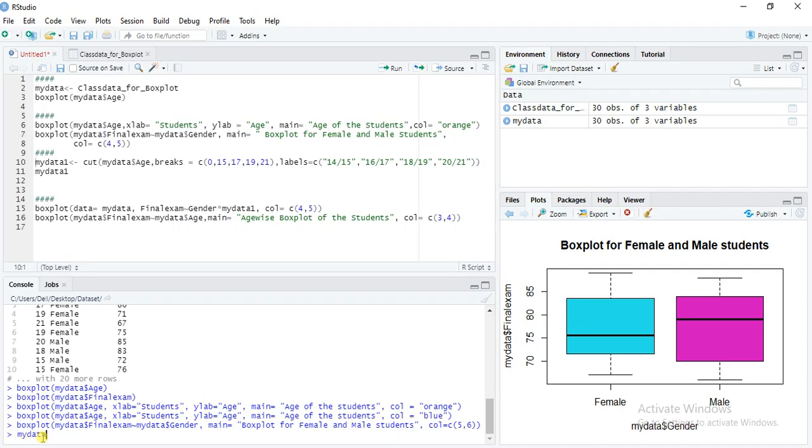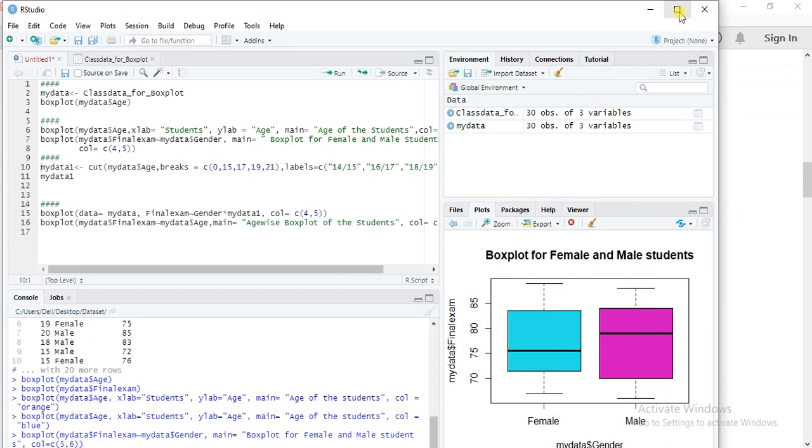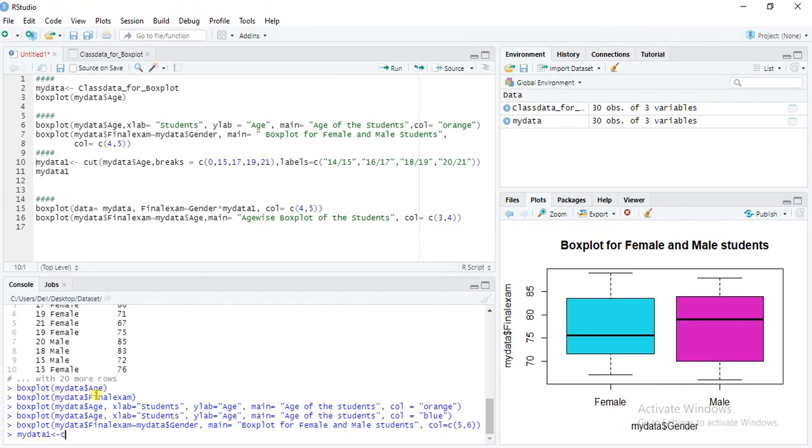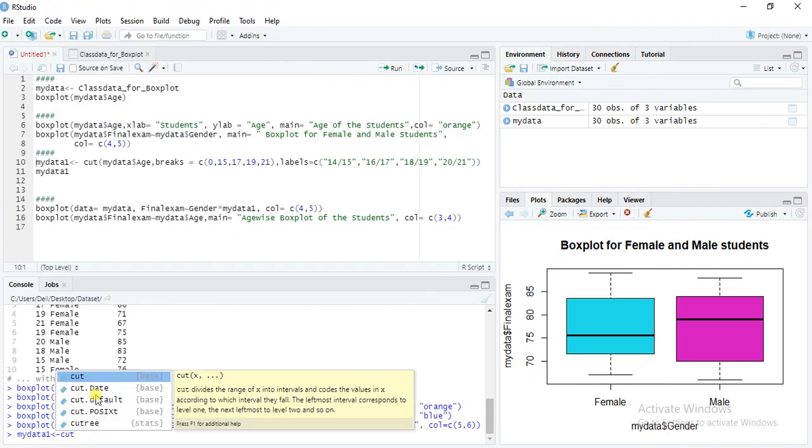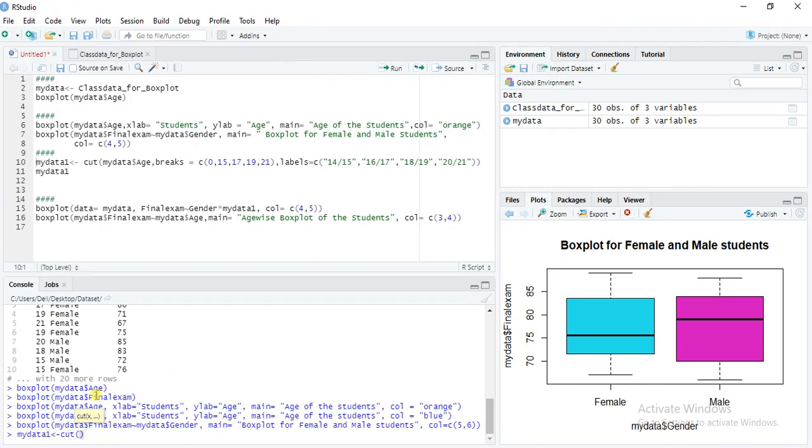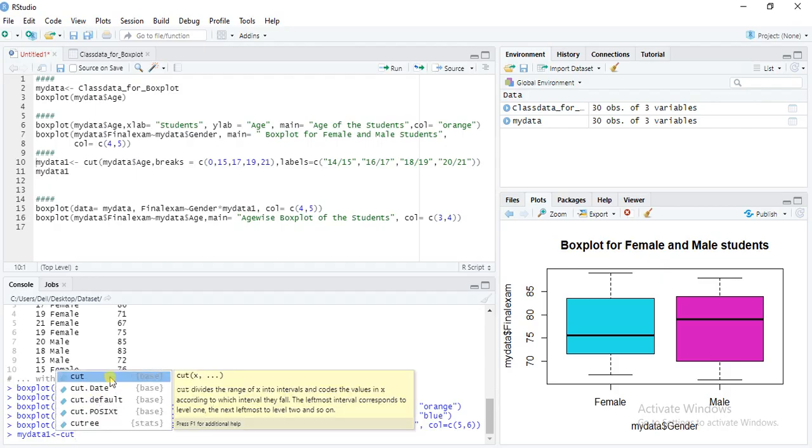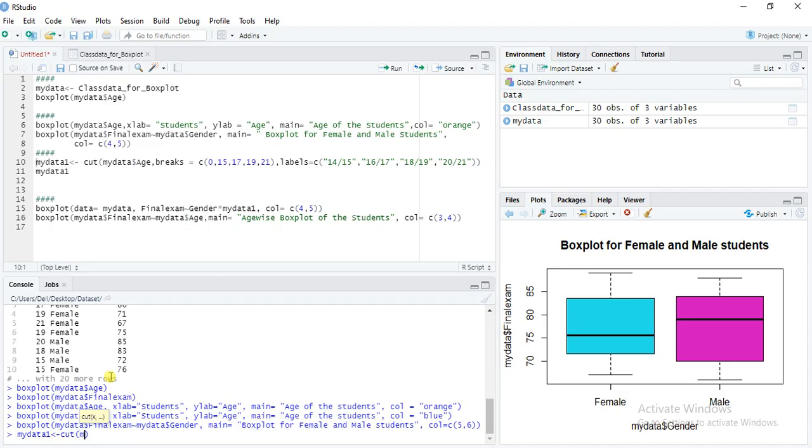The name of the variable is mydata1, then cut, within brackets mydata$age.